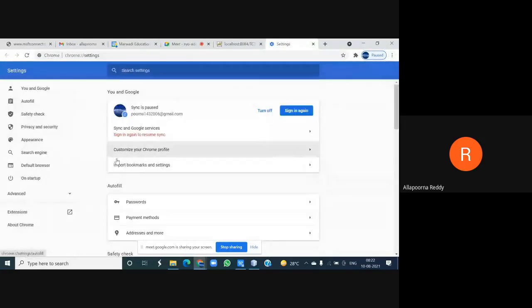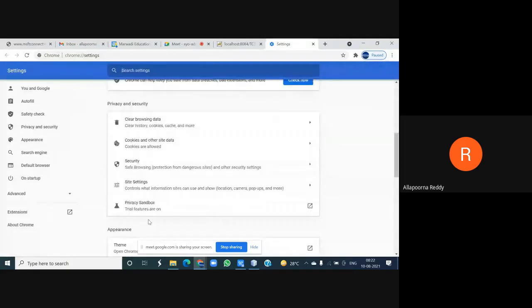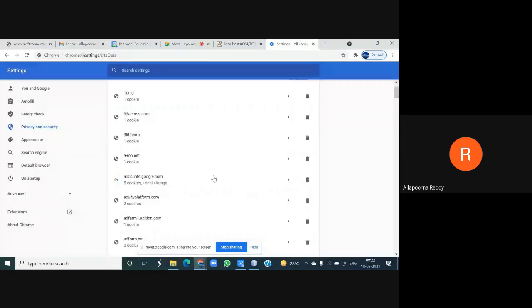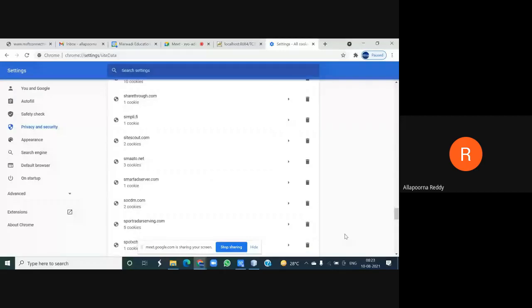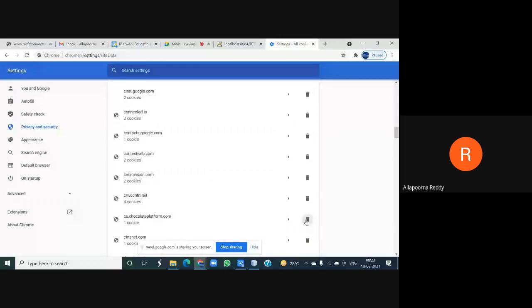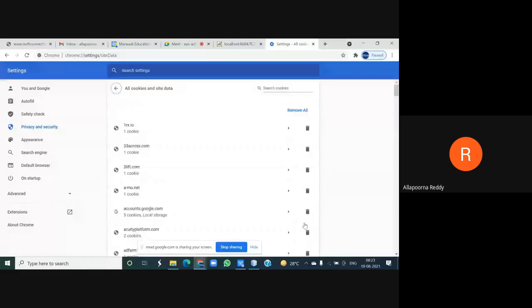Open my browser, cookies and other data, and see all the cookies and data. And here I made it a local request, right? Better, what we'll do is remove all the cookies from here so that it can store our cookie when you run this program as your demo. So we'll remove all cookies. Clear all. So there are no cookies as of now.